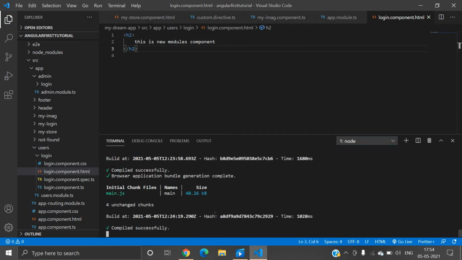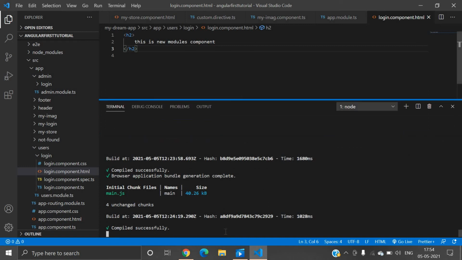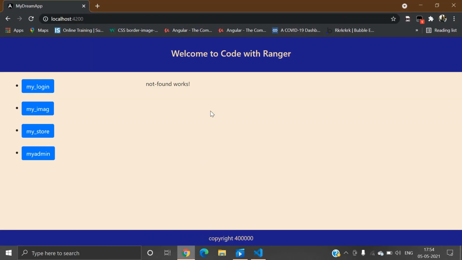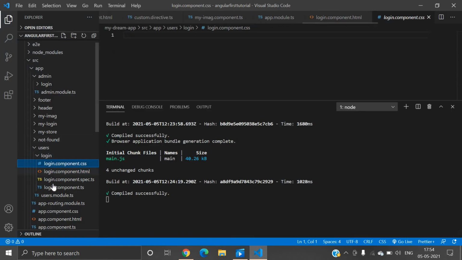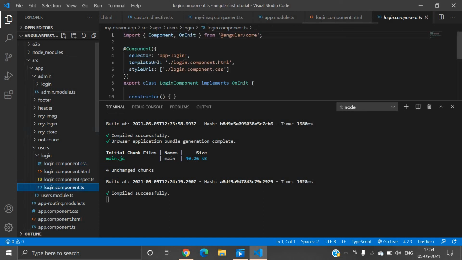Now let's move on to the main terminal, and my project is successfully compiled, so let's open the user interface. Here you can see there is no output. So behind the scenes, first of all we have to use the custom tag, that means the selector, app-login.